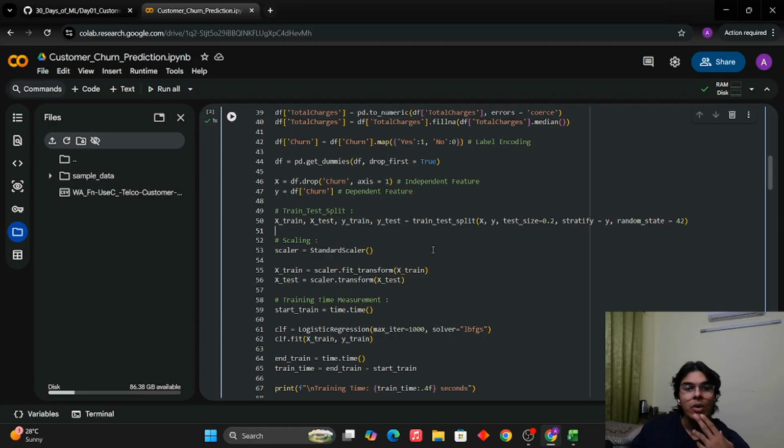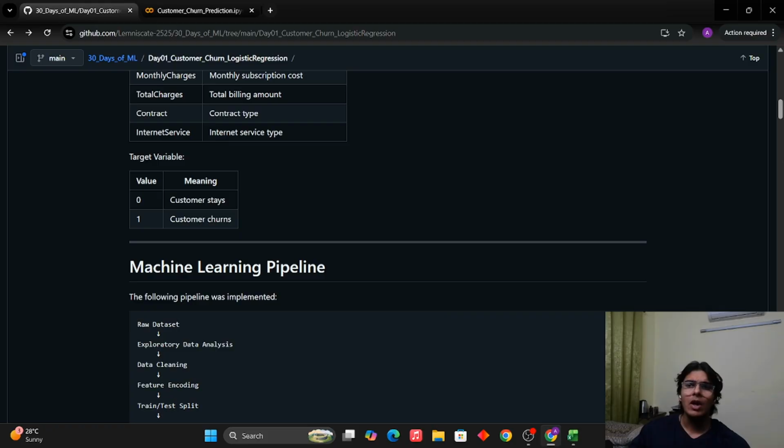Now, coming on to the main question, the model. Okay. So why logistic regression? Why not naive Bayes? Why not some other model there? Which is a very good question, to be honest. So if we look at our problem, which is churn prediction, 0 or 1, we have to decide whether the customer is staying, whether the customer is leaving. 1, 0. What does that tell us? Binary.